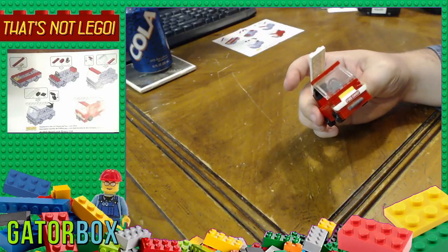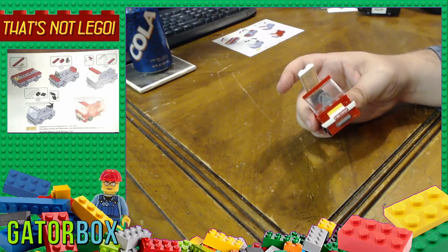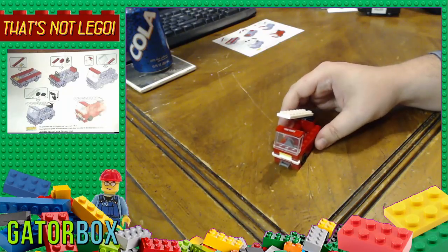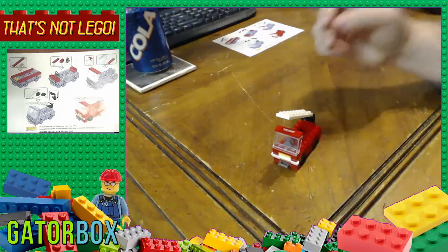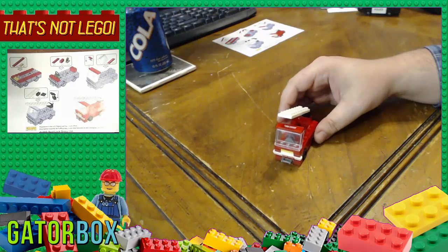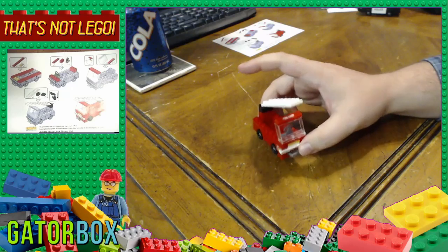The pieces are kind of warped, so I gotta dock points for that, but that also might just be because these pieces are 13 years old. Maybe when these were made, they weren't warped. I have no idea. I don't know if cheap plastic just warps over time. I feel like it probably does, so maybe 13 years ago, maybe a decade and a half ago when this was made, it went together better. I don't know. But when we had the demo derby...